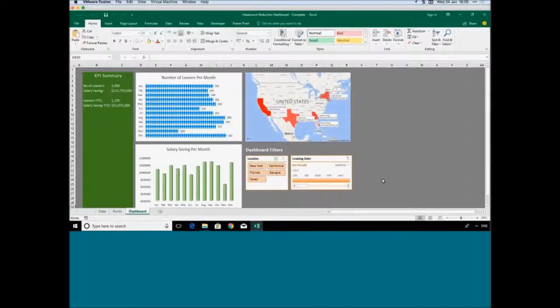I've got a summary area which shows the total number of leavers, how much salary we would save per year because we're not paying those people a salary, and how many people have left year to date. So let's imagine that today is a certain day within 2017, and the salary saving to date. And then we've got